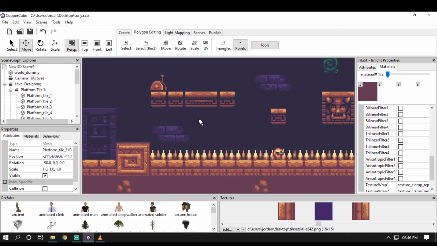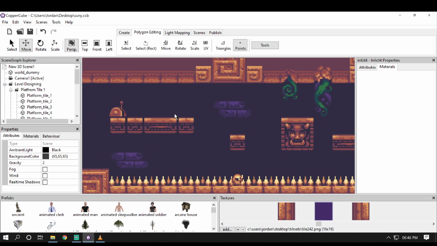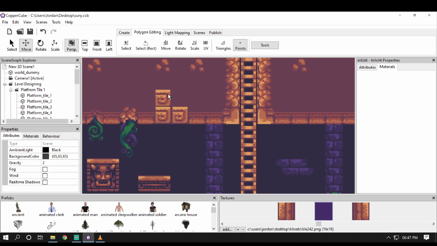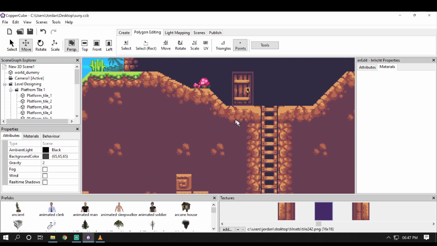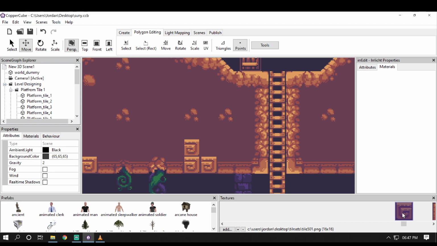Now we are going to clone this tile one here, and now I'm gonna search for it. Where is this tile? All right, here it is. So select this tile